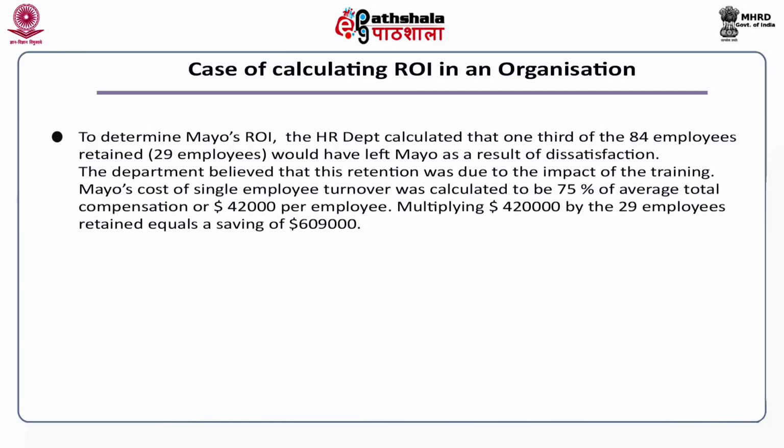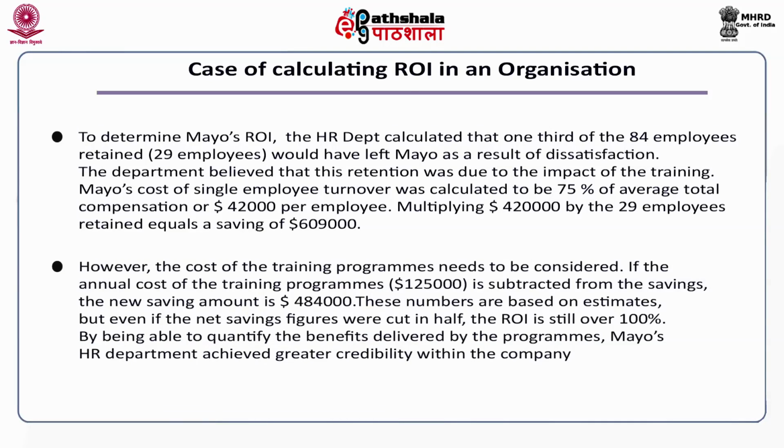Multiplying $42,000 by 29 employees retained equals a saving of $6,09,000. However, the cost of training programs needs to be considered. If the annual cost of training programs, that is $1,25,000, is subtracted from the savings, the new saving amount is